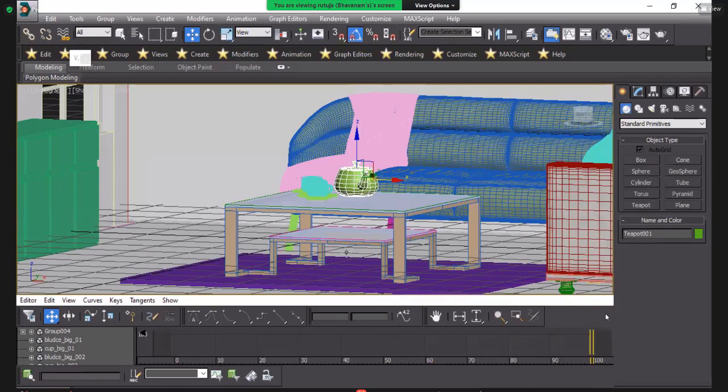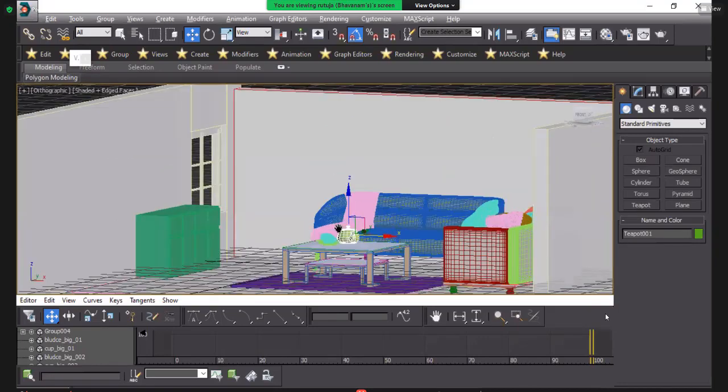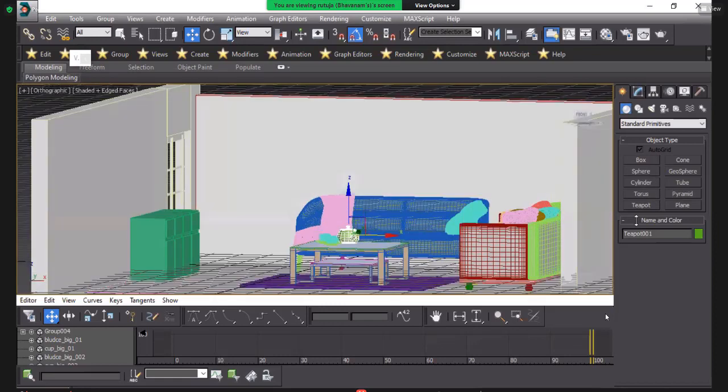Okay, this view. I will increase the height of that.